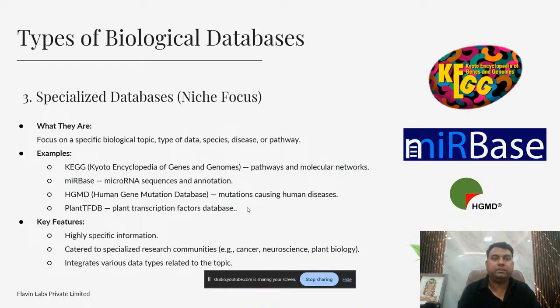Okay, the third type of database is the specialized database, which is niche focused. They are limited to a single thing. Mostly your miRNA databases, pathways, and transcription factors get into specialized databases. Examples are KEGG, Kyoto Encyclopedia of Genes and Genomes, miRBase, HGMD, PlantTFDB. These provide only highly specific information, and they cater to the needs of very specialized